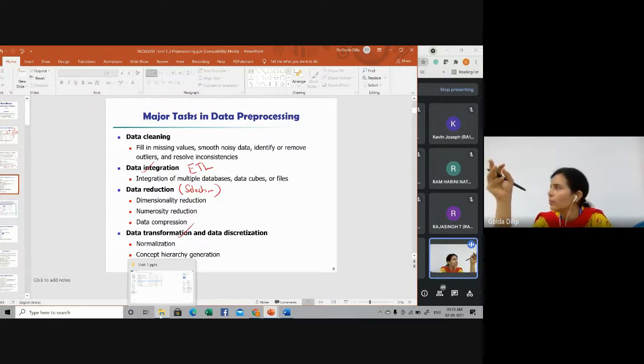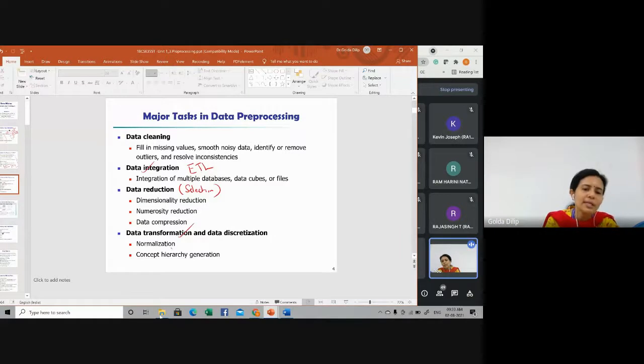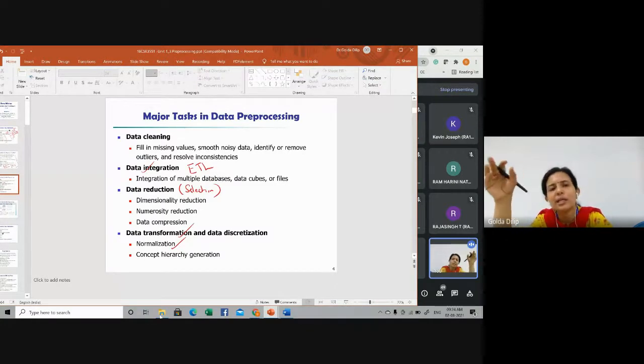You can perform some summary operations or aggregation operations, and you can perform transformation. Then normalization can be done so that the data falls within a particular range. There are different types of normalization techniques also. Min-max normalization is there, Z-score normalization is there. Then, of course, you can have concept hierarchy generation, feature selection, extracting the records for sampling. A number of techniques are involved in this. Okay, so these are the data transformation techniques.